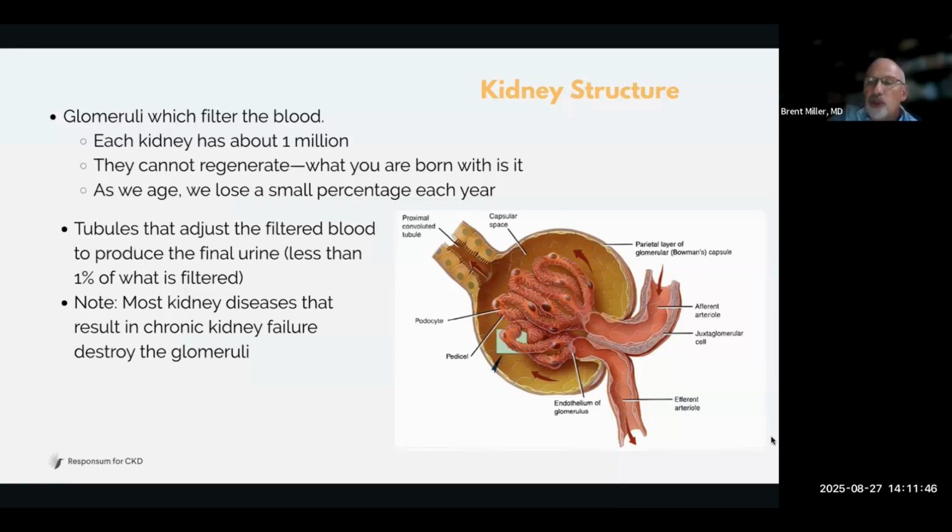And then as we lose these, and this is where diabetes attacks the blood vessels in the glomeruli. After diabetes attacks those, you start seeing leakage of protein and damage to these capillaries. And then you start to see scarring. So after 10, 15, 20, 30 years of diabetes, in not every diabetic, but in some diabetics, you get kidney failure.